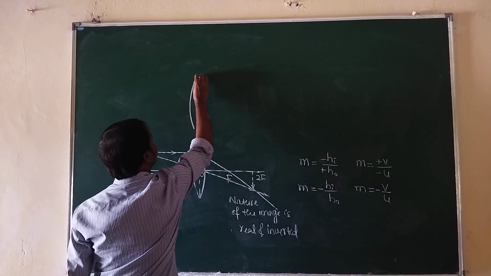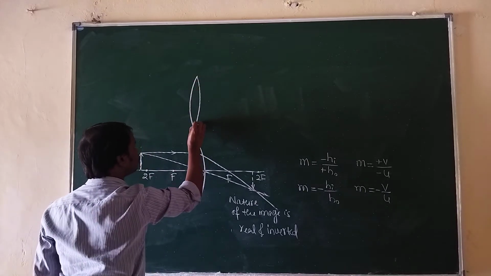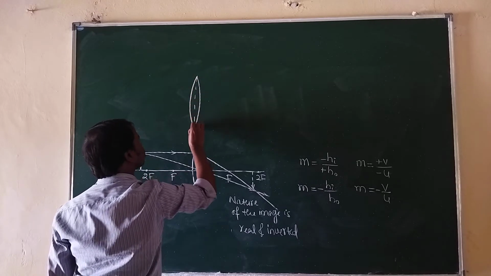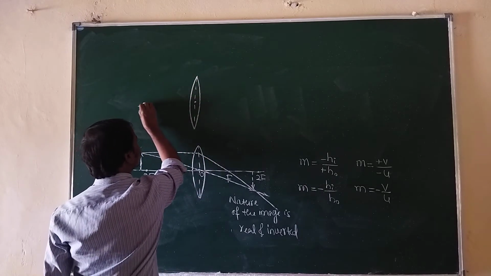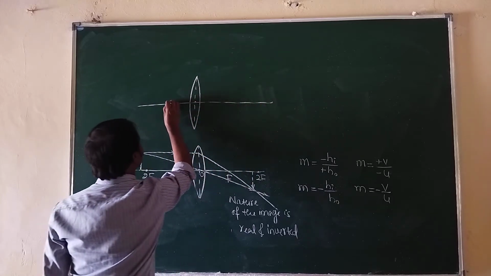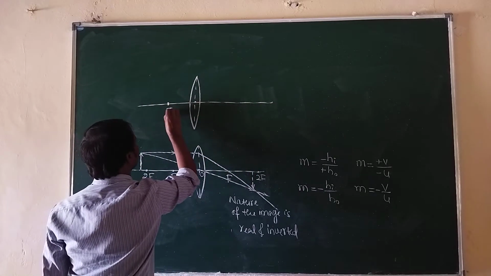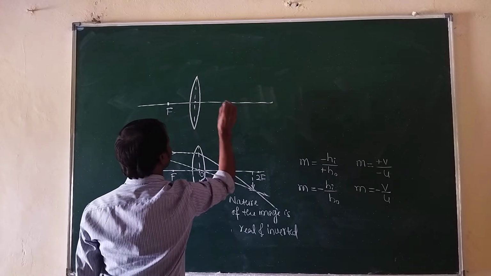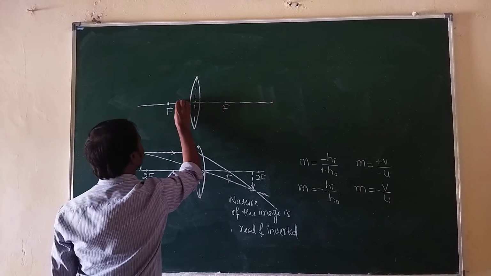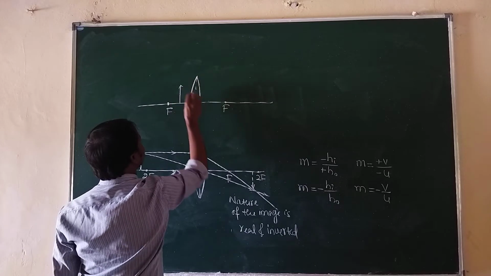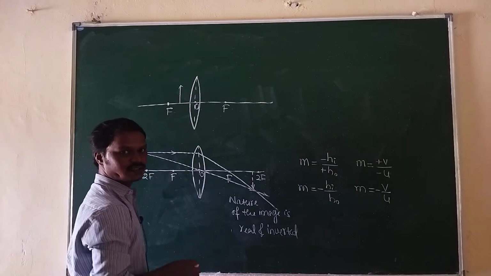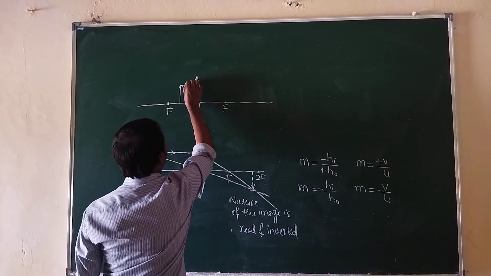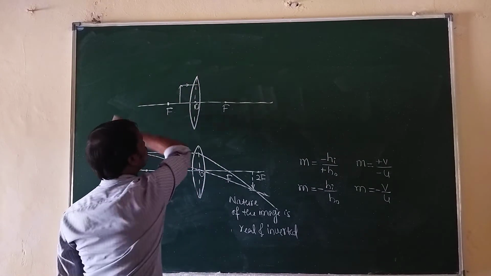This is a convex lens, now the optical center, this is the optical center, and it is the principal axis. So how many foci are there for the lens? 2 foci. One is at the left side and another one is at the right side. Now suppose the object is in between f and o, here the optical center, then where will its image be formed? Its image is formed beyond the object.